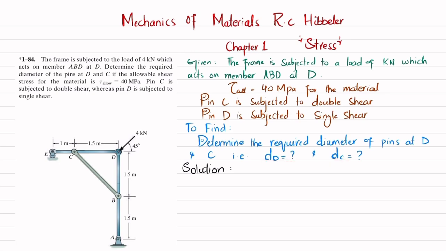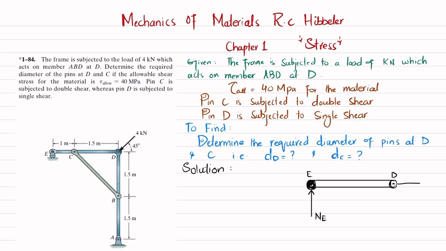What we will do is take this member ECD and draw the free body diagram. So first let me draw it. So this is the member. There is a point C over here, and at this point we have point D. And you can see there is a roller support at point E. When you remove it, you'll have a reaction force in the upward direction. Let this be NE. This is your point E and this is your point D, and there is a pin support at point D. So when you remove it, you will have a reaction force